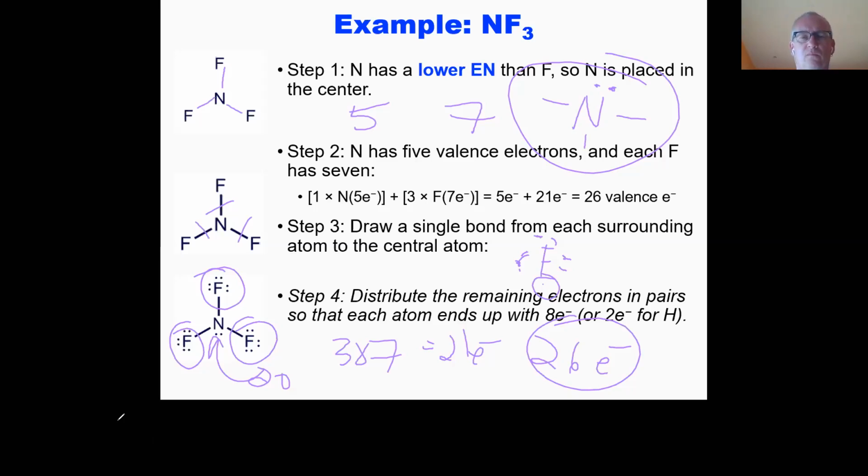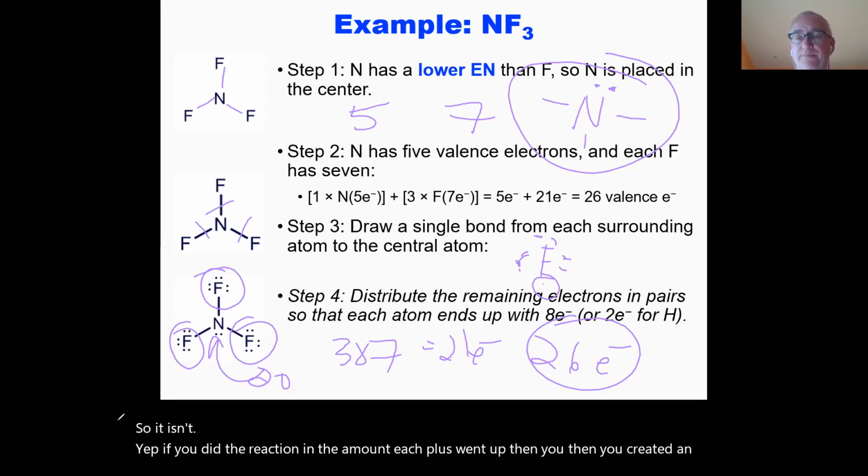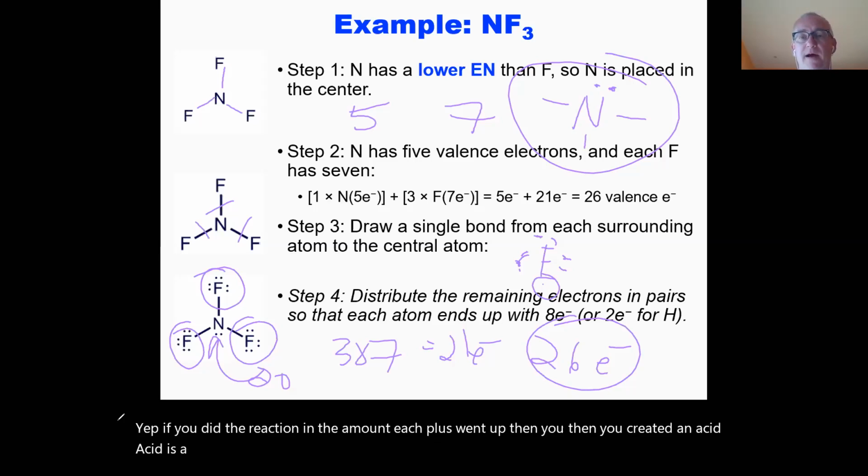I got all the same, pH 7, so I will say this reaction is neutral. Yeah. If you did the reaction and the amount of H plus went up, then you created an acid. Acid is a product. If the amount of OH minus went up, then you would have created a base,